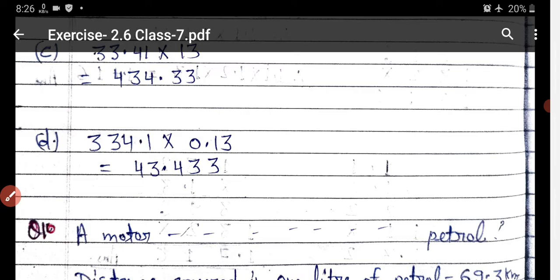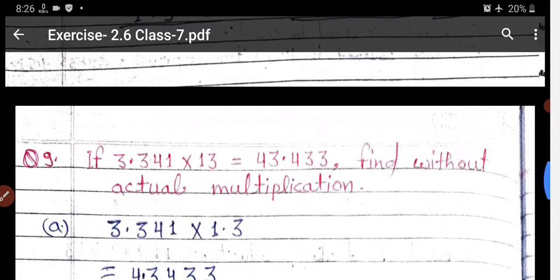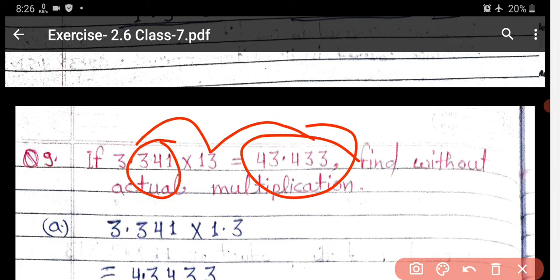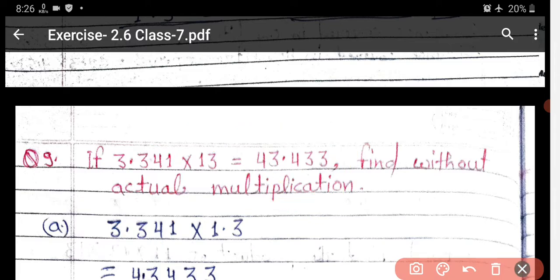It is a logic question only, no calculation is needed there. The calculation is already given here in the question. This multiplied by this equals this. Now total 3 decimals, so from the back side put the decimal after 3. Now simply count the number of digits after the decimal. 3 and 1 become 4. Now from the back side, that is a 4 digit, like that one you have to solve.